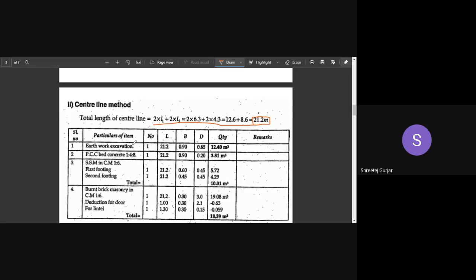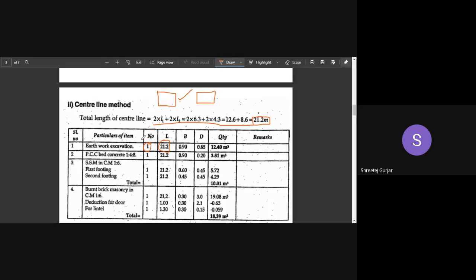So the first thing, excavation, is always what you have to do first. The number is 1 because we are calculating it in center line. It will always be 1 in number because 21.2 is your length. 21.2 covers your whole box, right? So this is only 1 in number. We do not need 2 in number. There is nothing else with the same length. So we are only concerned with one excavation of your one room.